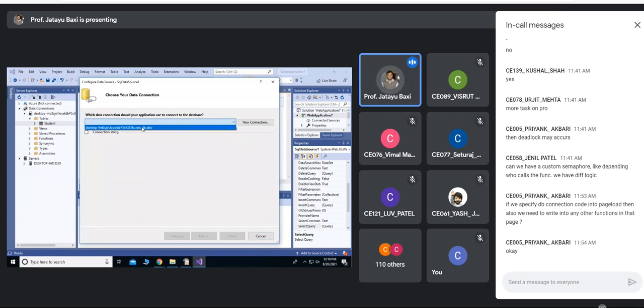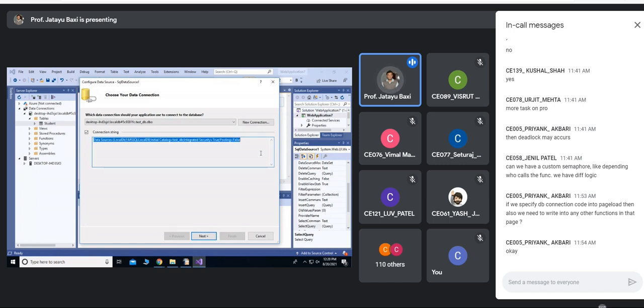I already have this connection with me. If you check this connection string, you will get the connection string also here. So this is also a way to get the connection string. Click next.